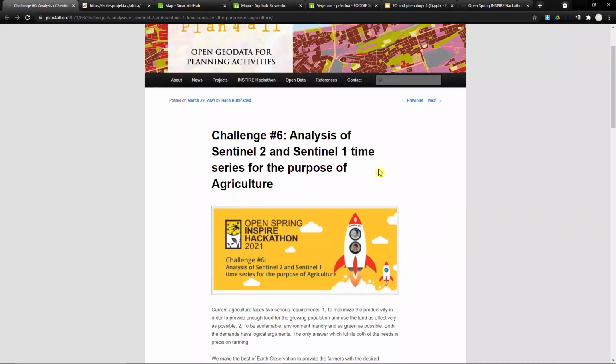Results of Inspire Hackathon challenge number 6, analysis of Sentinel-2 and Sentinel-1 time series for the purpose of agriculture. The main topic we've been working on is classification. Our main innovation was that we didn't use single date classification, but as an input, we used images from more dates, so-called multi-temporal time series